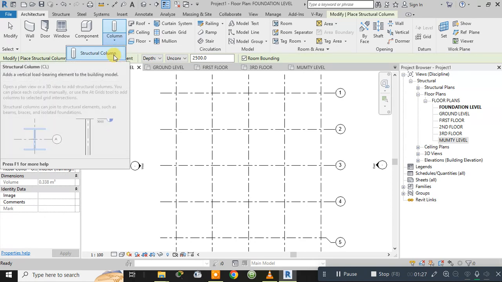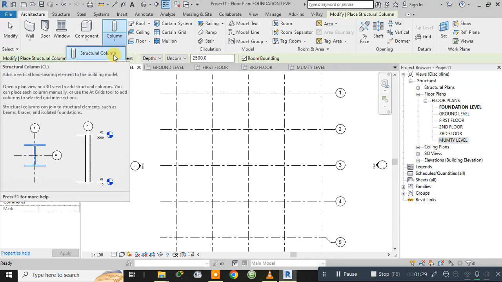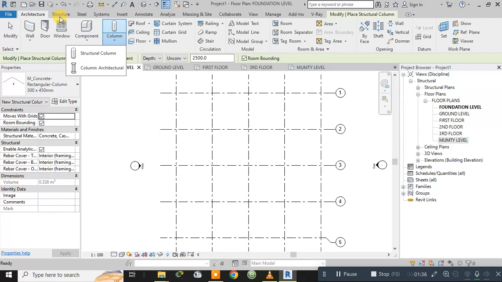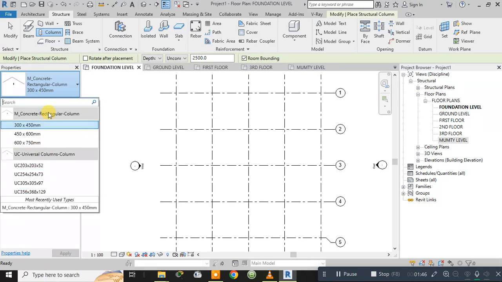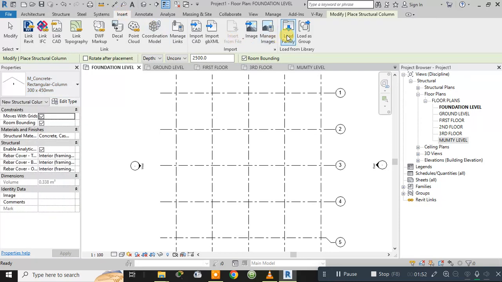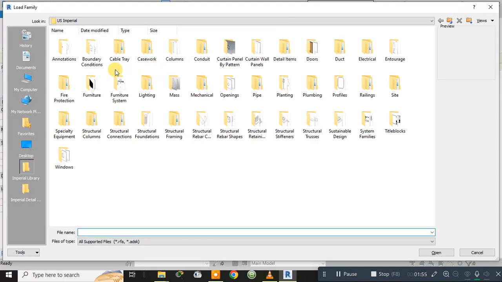But as I am teaching Revit Structure here, our aim is only to create structural columns, but not architectural columns. So I'll go simply to the structure tab and click on columns. After clicking on columns, you can select different types of columns here, or if it is not present here, you can simply go to insert, load family, then